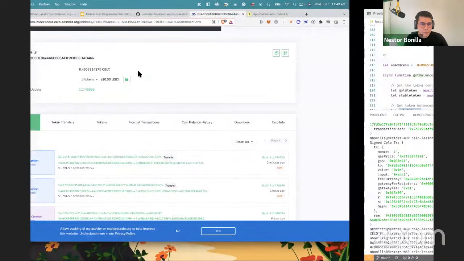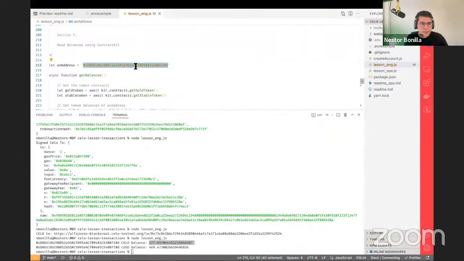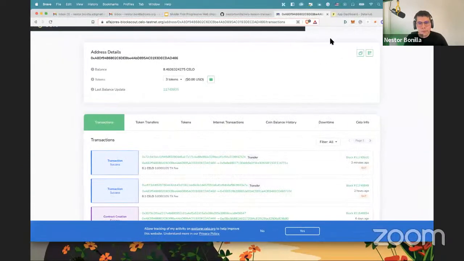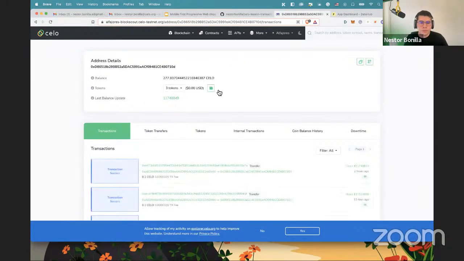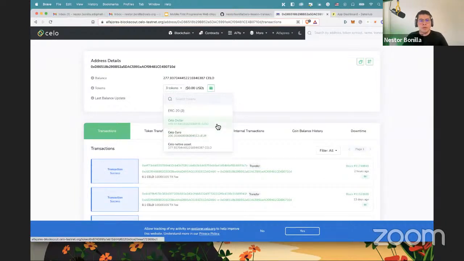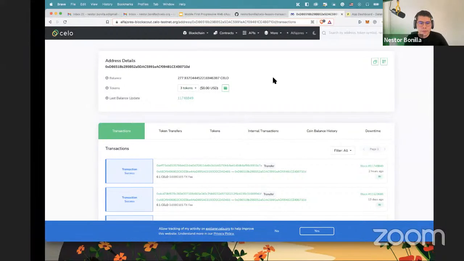Yeah, this is the address. So yeah, we can see the Celo and the Celo stable tokens.